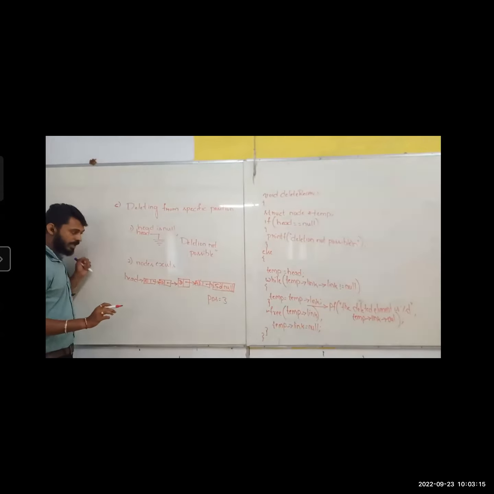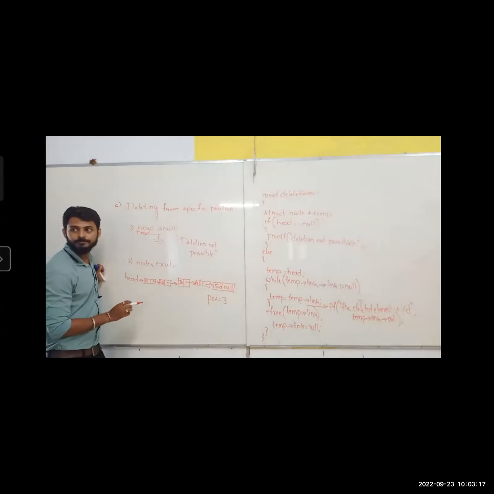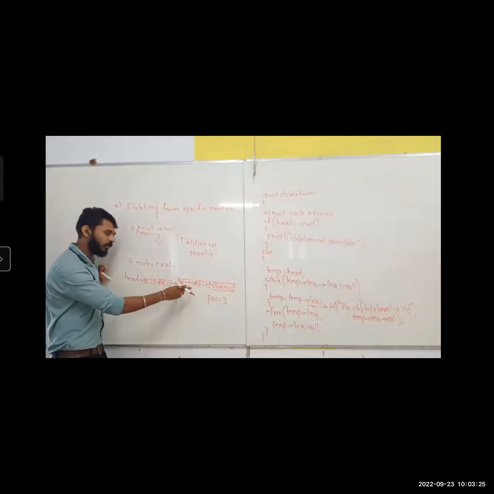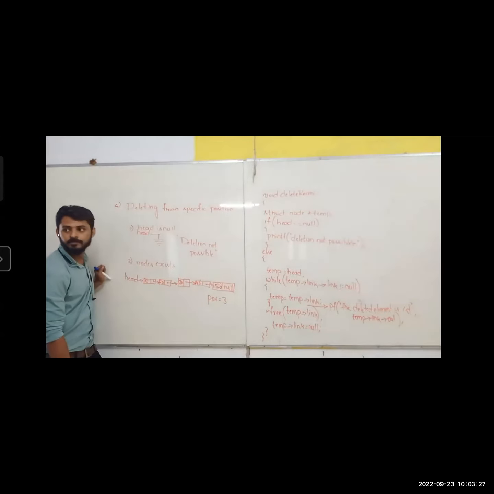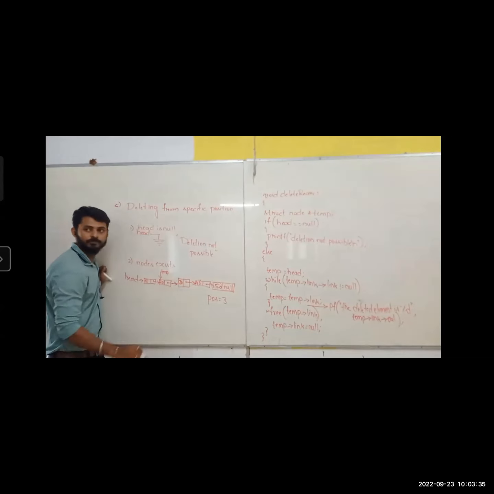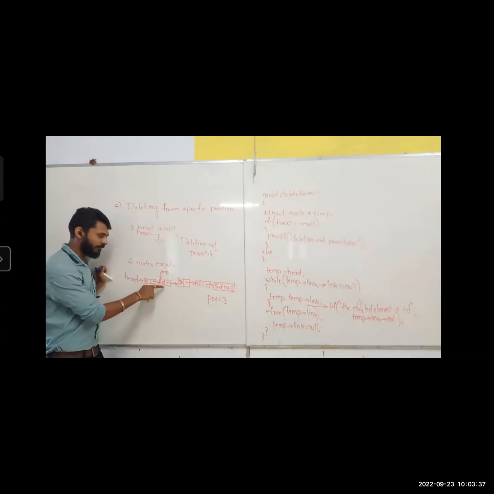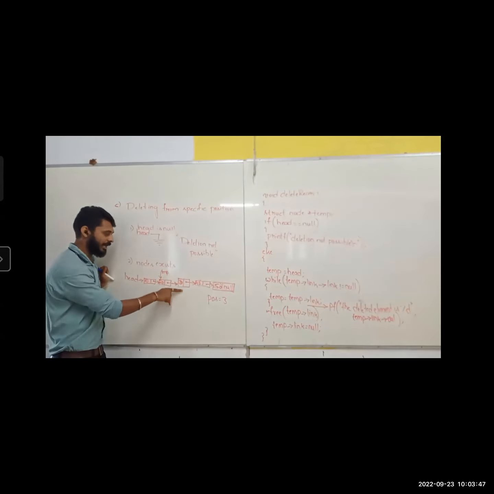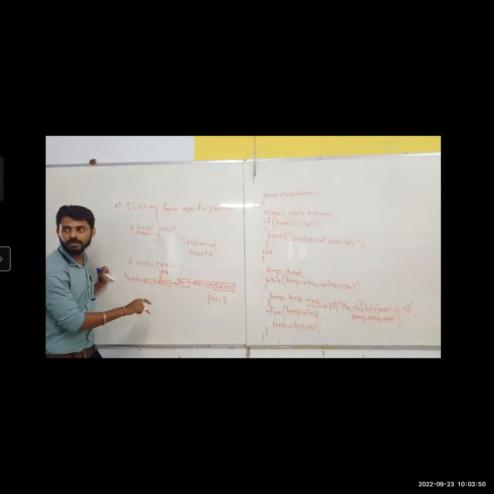Listen. So now, which one should I delete? The node which has the value 30. That node I should delete. Am I right? Means the third node, this one. When I want to delete this one, where should I stop? Second one. If I want to stop my temp here, how many times should I move my temp? Only one time. Means in the second position, if I want to stop my temp, I should move only once. But you will say, sir, the third one I should delete. No, true. Third one only I should delete. But if you stop here, then only you can delete the next one, right?